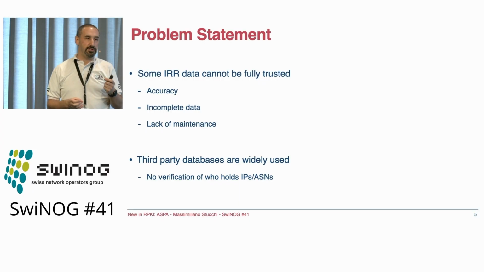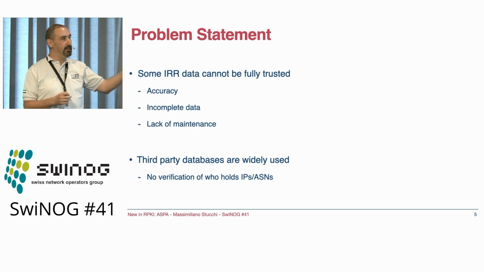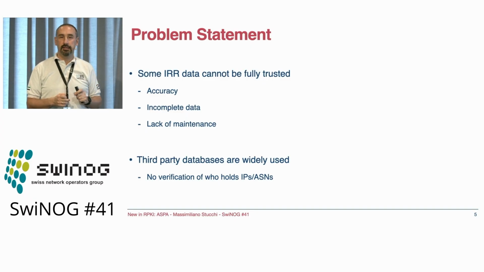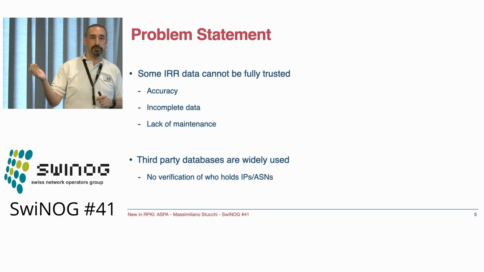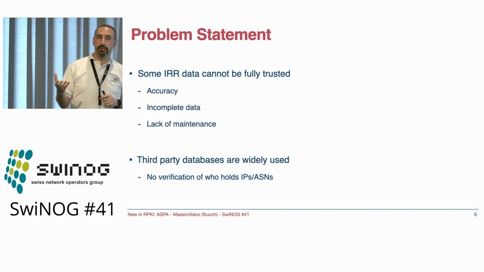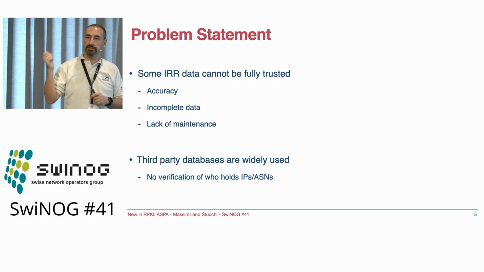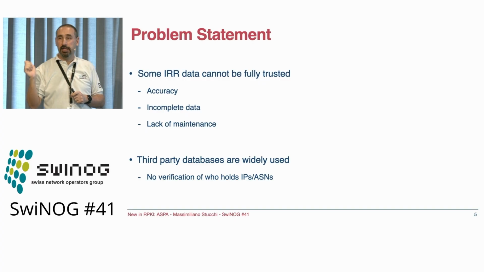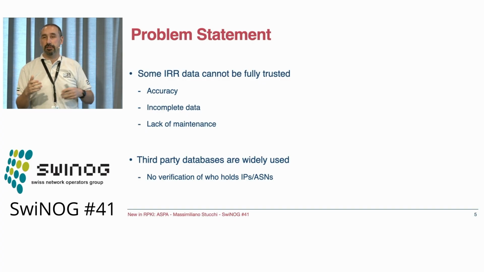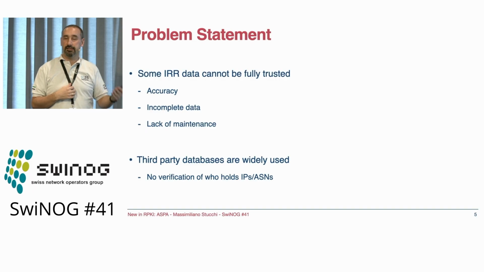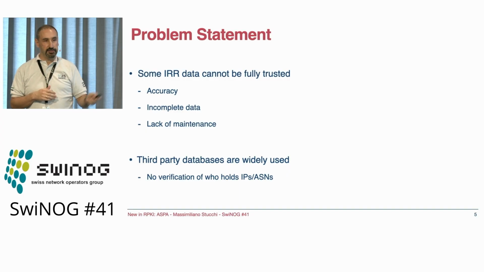I was writing a little piece of software some years ago, when I was at the Internet Society, to verify some IRR data. And I had a colleague from Mauritius. We said, OK, why don't we use Mauritius as a country to test if the logic in my software is correct or not. And I spent 2 days trying to debug that, because it seemed not to be working. After that, I discovered that none of the networks in the country had data in the appropriate database. So we have a very large problem with third-party databases and other sources.